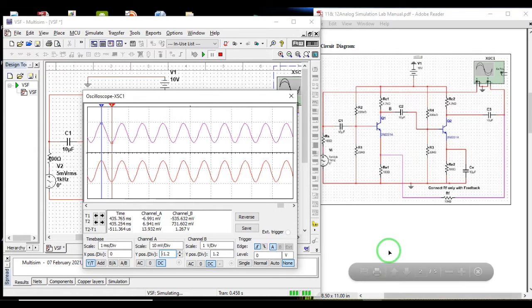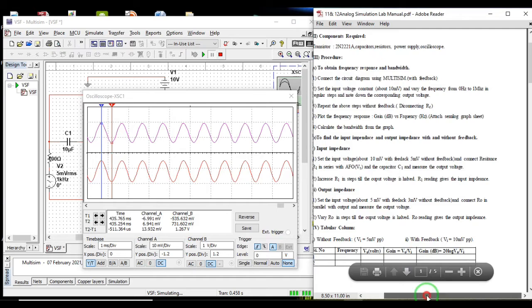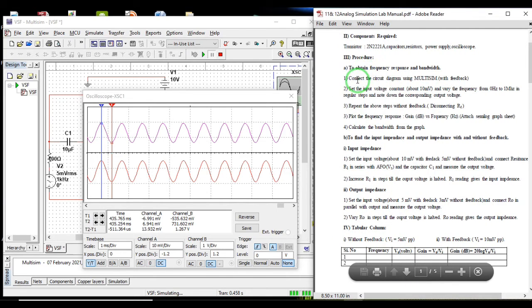Now what is the procedure? According to the procedure, yes, we have done this with feedback. So now we have to change the frequency, yes, up to 1 megahertz in steps, and we have to note down the corresponding output voltage.